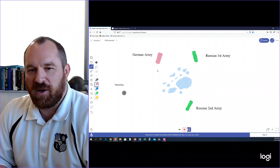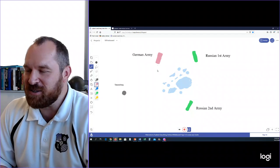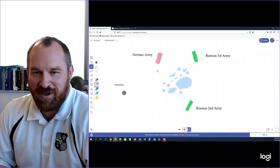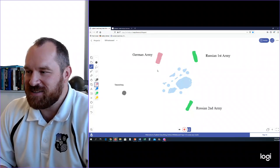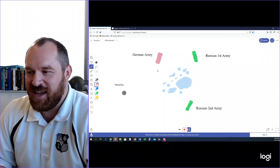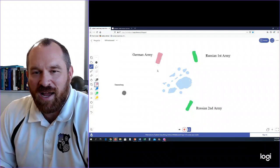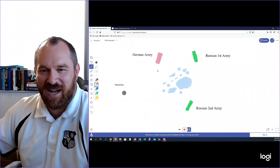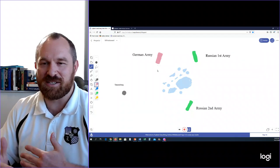Now, the problem for the Russians in this whole situation is, because they're a bit behind on everything, and the Germans and the French and the British are at the forefront of all this, the same goes for espionage and spying. The Russians do not realize that as they set up communications between these armies, their communications are not radio. They actually have wires being dragged for miles and miles, with different communication posts set up,